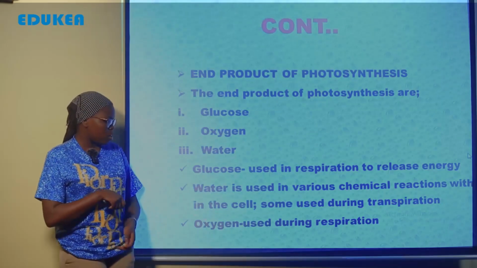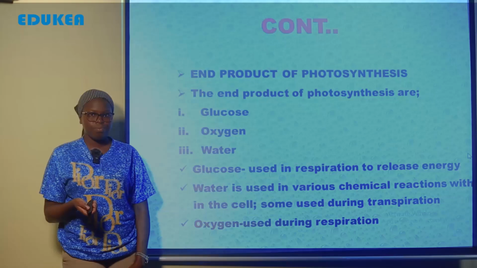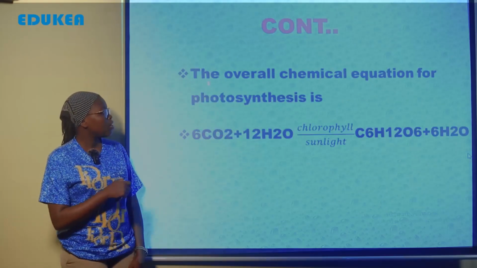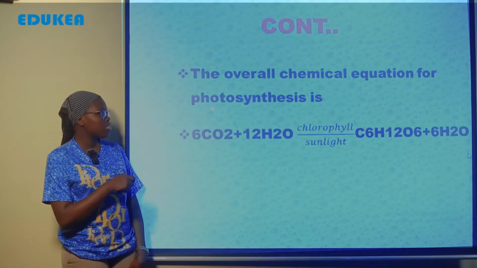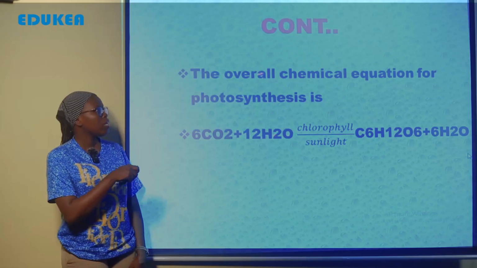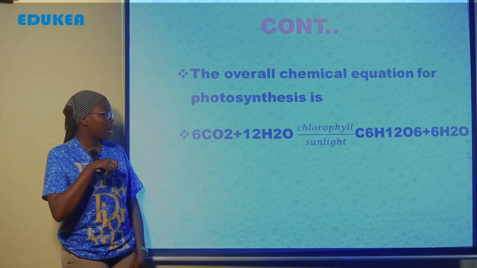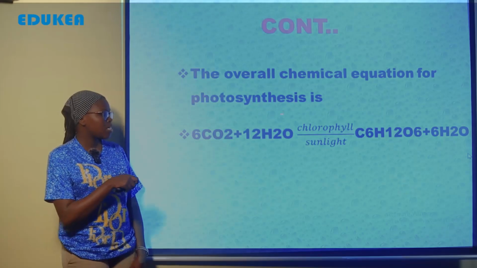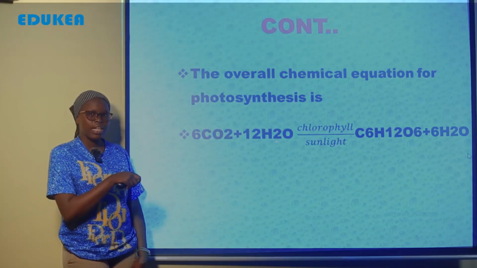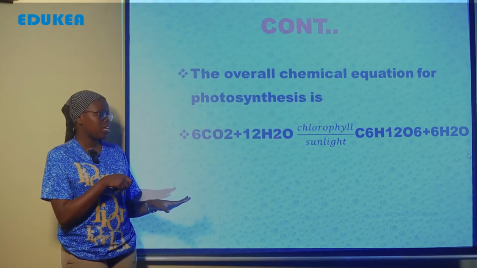Now the overall chemical reaction of photosynthesis. If you are told to write the overall chemical reaction of photosynthesis, it is this one. Here you have the carbon dioxide plus water. This water is the one which was used in the light reaction and was split by the sunlight to produce hydrogen and oxygen. In the presence of chlorophyll and sunlight